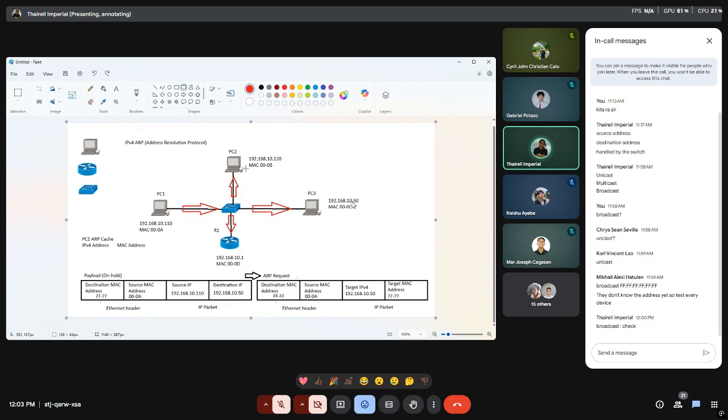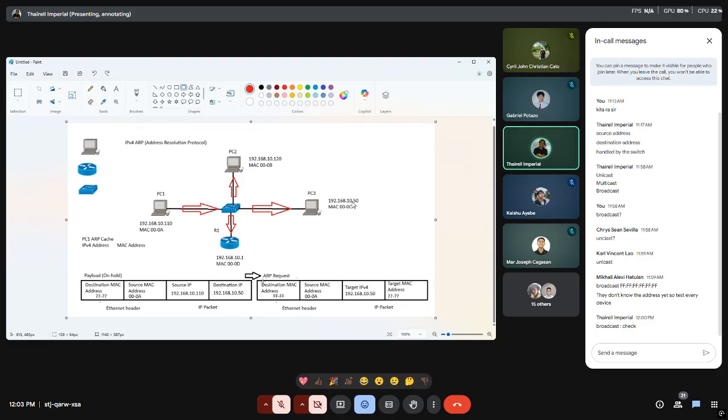So that's discarded. The same ARP request packet also reaches your router and then compares the target IPv4 held by the ARP request. It's then de-encapsulated until it reaches this portion here, and compares this data packet with the IP address held by our router.